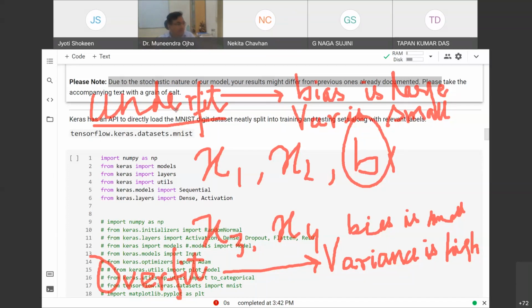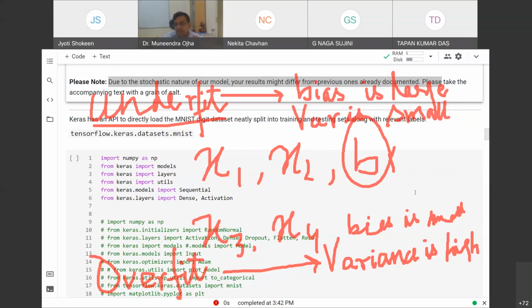But if you don't explain anything, top is green, bottom is brown, that is also not a tree, not a complete explanation of a tree. It's a very simple explanation. Then bias. So what I do not know about the tree is put into bias. That is why in every model we introduce a bias.